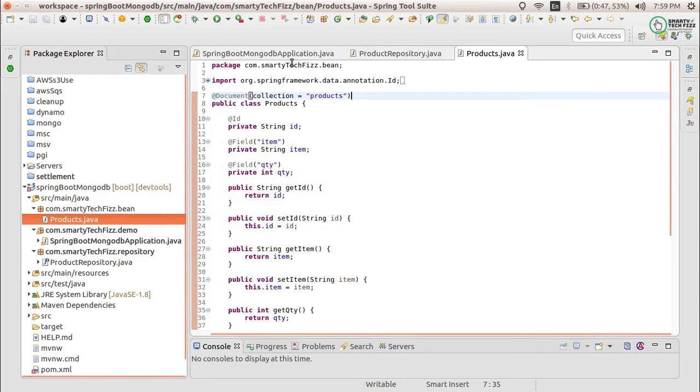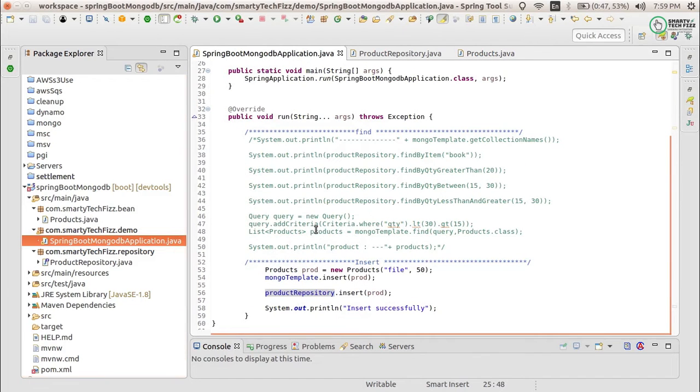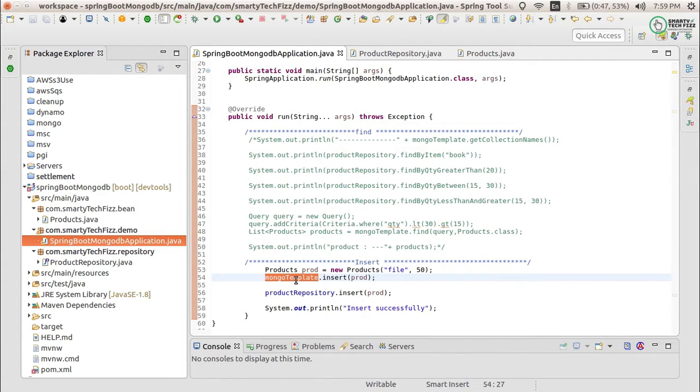Now I will perform the save query using two methods. One is by the Mongo template, using the insert option, if you have configured the Mongo template. The other is through the repository, if you have configured the repository for that collection. That all depends on you, which method you want to use or which configuration you have done in your Spring Boot MongoDB application.